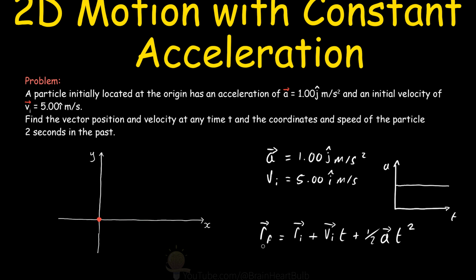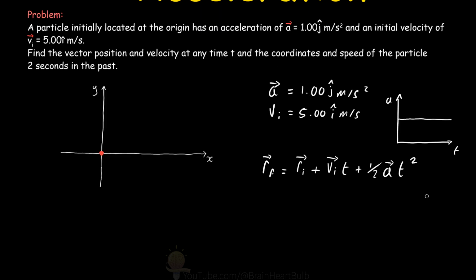Now the final position, initial position, initial velocity, and the acceleration are vectors. And this equation represents both the x and y components of the motion. But we can split this equation up and focus solely on either the x dimension or the y dimension and combine the result later. So if we were to plug in our values now into this equation and write it out in full,